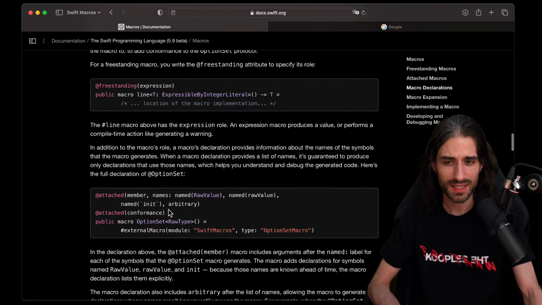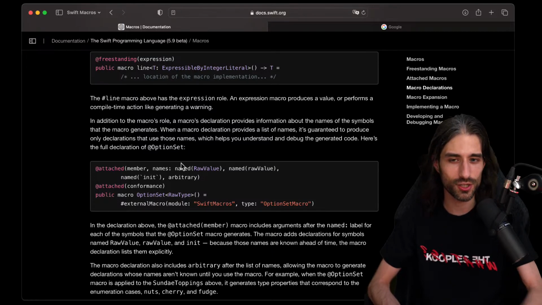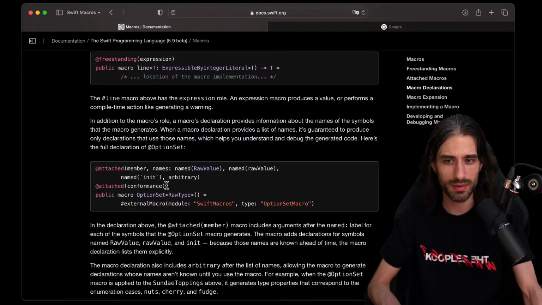It also means, in a way, it might be a good thing, because if you try to do a macro that does too many things, your declaration will become crazy long. But I guess the names here could include a lot of things. I'm curious to see what this arbitrary means.